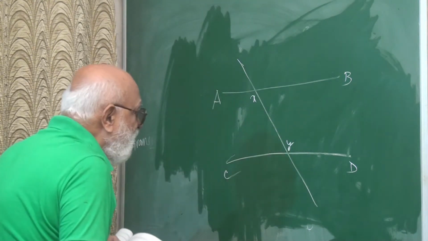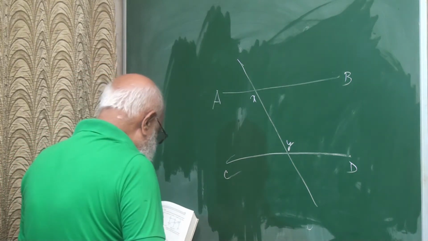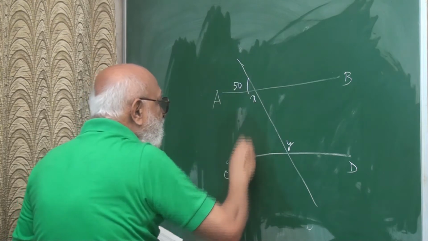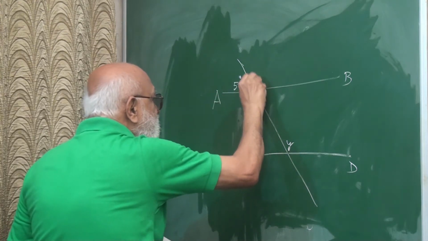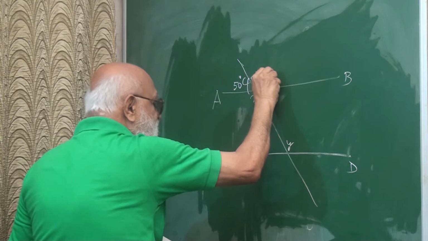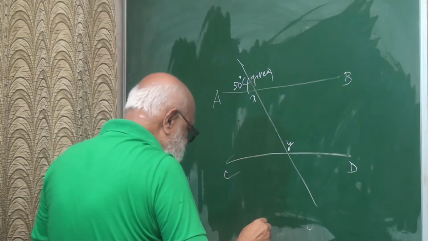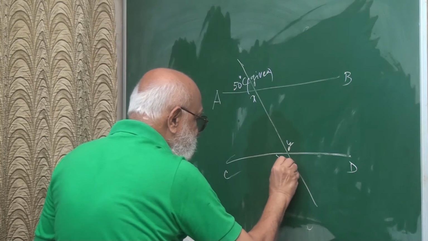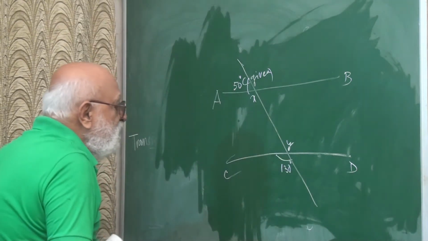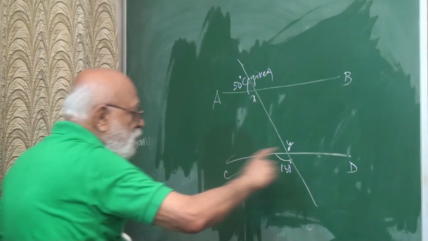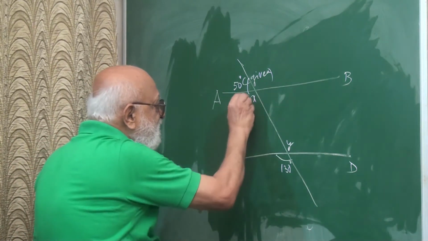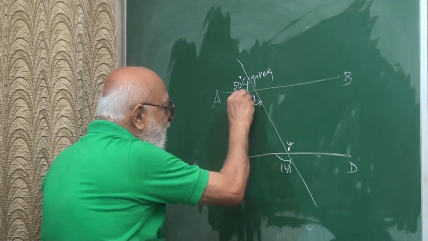So if I have to find this angle, what is given? This is given as 50 degrees, and also this is given as 130 degrees. Okay, look at these two horizontal lines and this transversal. You will find this angle and this angle,